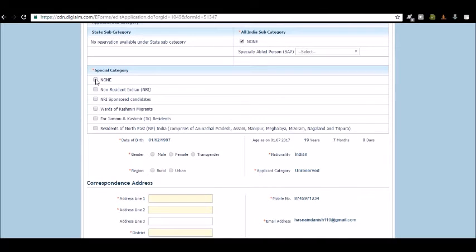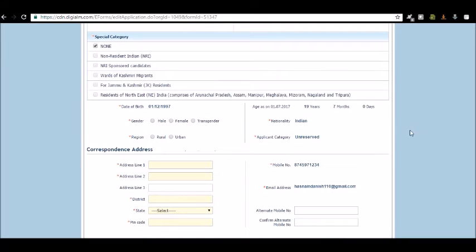Make sure that if you are marking any category, you must have a valid proof in support of the claim of the category which you are marking. Then date of birth, it has already been taken from the registration page. Then fill in your gender, then region,